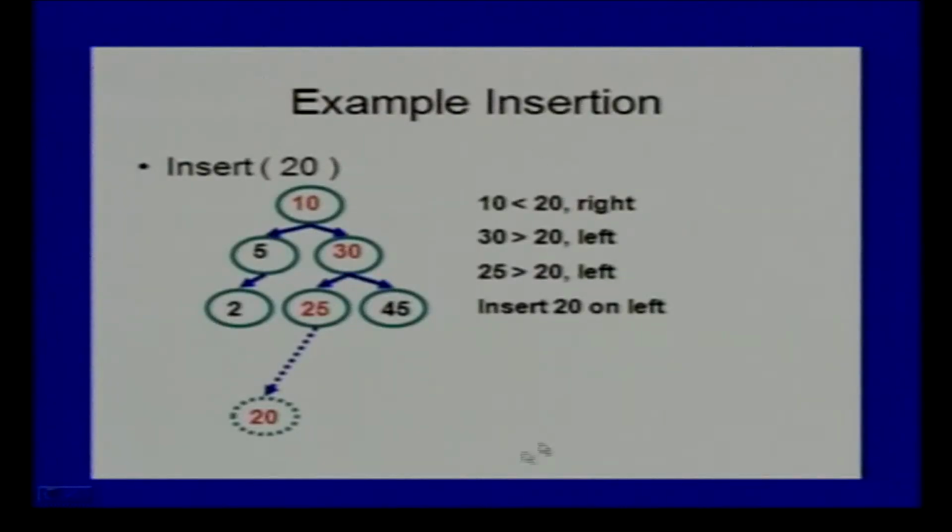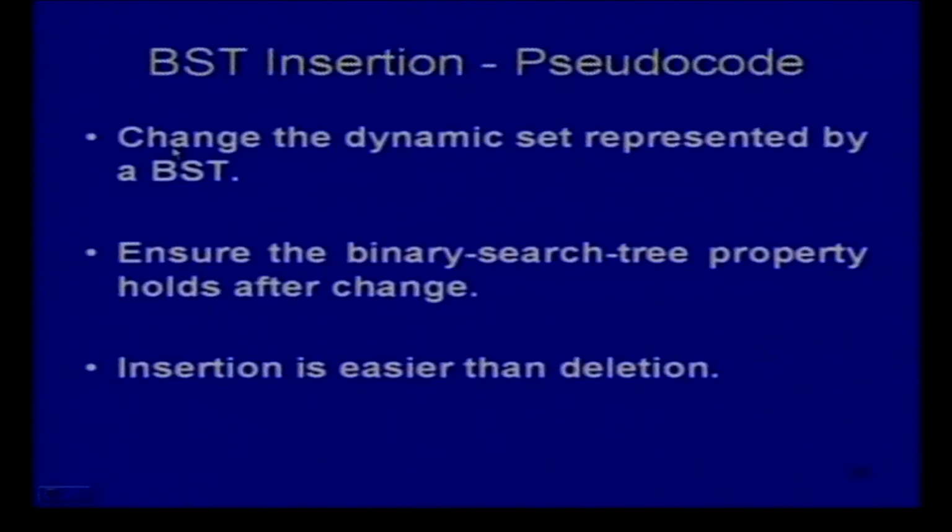Now, I have created a binary search tree with 20 inserted into the binary search tree. If you note, 20 is less than 25 and greater than 20, it follows all the rules of the binary search tree. When we change the dynamic set represented by the binary search tree, you have to ensure that the binary search tree property holds. Basically, the binary search tree property has to be catered to